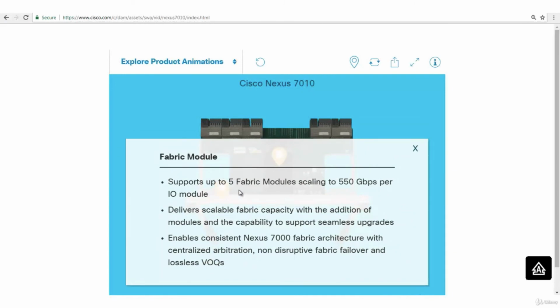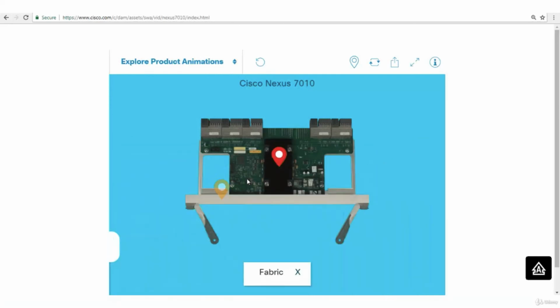It even says that you can connect up to 5 fabric modules, scaling to 550 Gbps per I/O module. One fabric module will provide bandwidth to all of the I/O modules in the chassis. If there are 16 modules, it will provide it. It depends on what version of the fabric module you are using, 1 or 2. If it is 1, 46 Gbps. If it is 2, it is 110 Gbps.